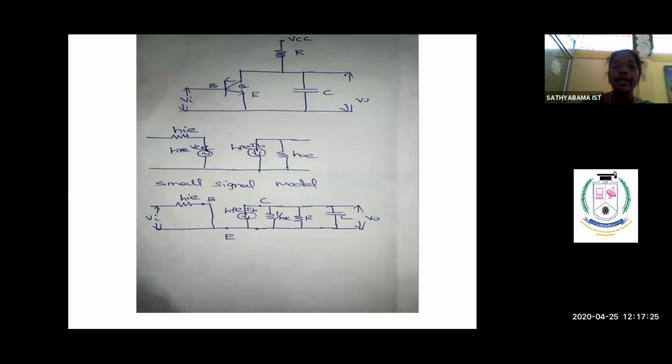And then HOE in the hybrid model depends on the value of admittance, so in order to get a resistance value, we take the inverse of that. The entire small signal model of the time-base generator becomes HIE, HFE IB, which is parallel to 1 by HOE. After that, the components R and C are parallel. In general, the capacitor value is not inserted in the equivalent circuit, but here, since the capacitor C produces a sawtooth waveform by charging and discharging, we are considering the value of C. Then the parameters are calculated.